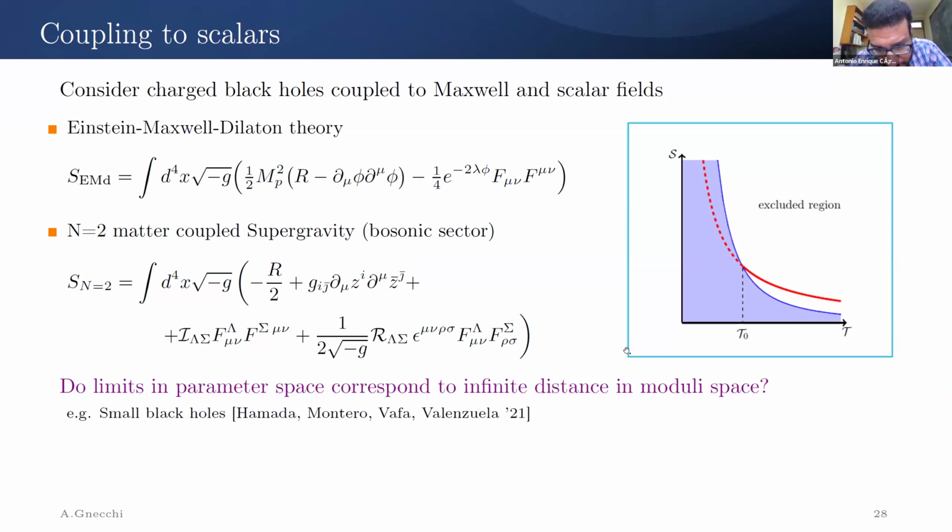Thank you, Alessandra. I had another question. Do you get some constraint from this lambda coupling of the dilaton? Or do you keep it as a free parameter? I keep it fixed. You can choose it, and depending on how you choose it, you can describe a theory that comes from the heterotic string or other kinds of theories, or just Einstein-Maxwell dilaton. It's a coupling that comes from string theory, and depending on how you do your reduction, this coupling can have a different numerical factor. That's it.